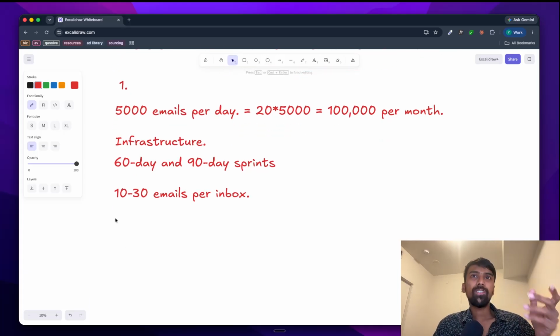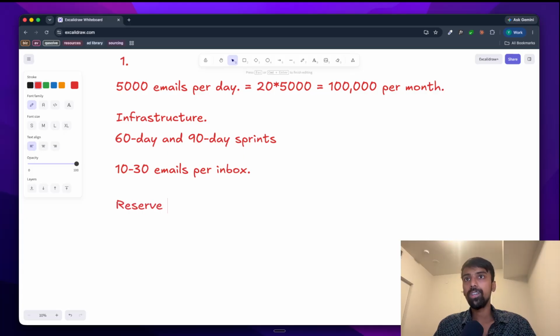Google and Microsoft are becoming better day by day at understanding what is spam and marking certain words as a spamming email and so on. It's not your fault. It's just the way things are. Infrastructure always expires. It doesn't matter how good you think your warm up reputation is. I try to keep my warm up reputations around 98 to 100%, but it doesn't matter. It will get burned sometime or another. It will get burned in 60 days or 90 days or, I don't know, 4 months, but it will. So what you need to do is have a reserve,